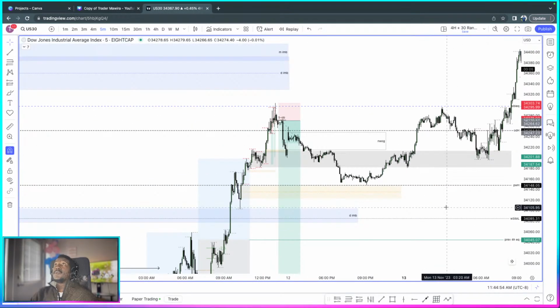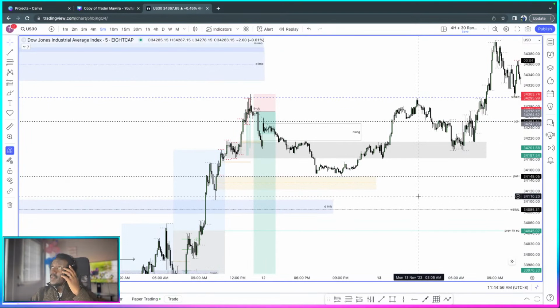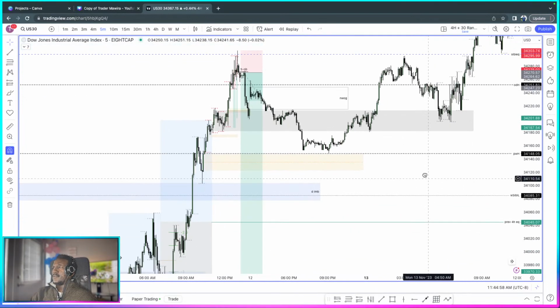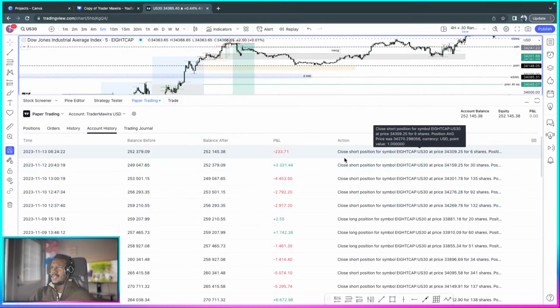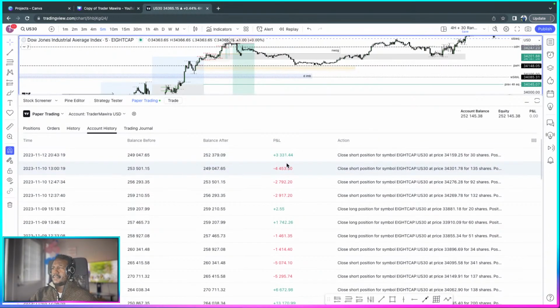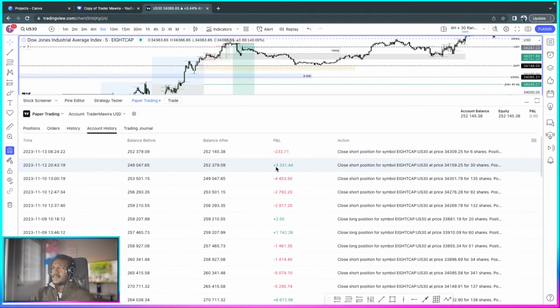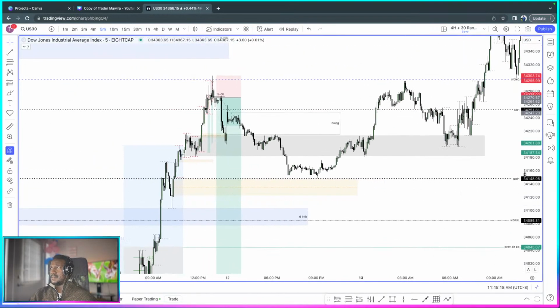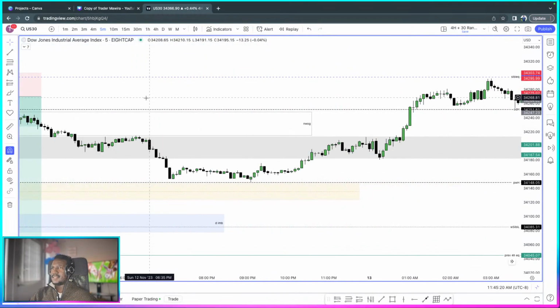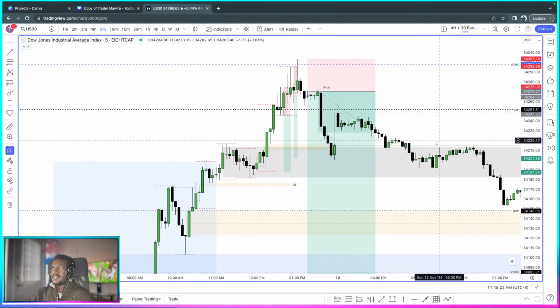So, a quick review of where we left off on Friday. We had a 3.79 loss day, but the trade that I left running was able to make something back. We had finished at 249, and now our count is at 252, which is amazing, right? So that last trade worked out just fine.